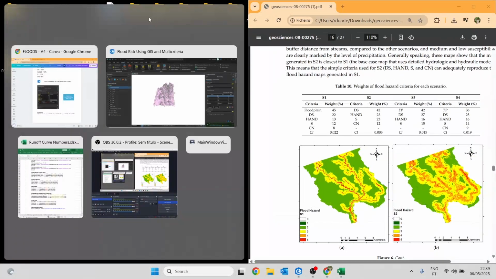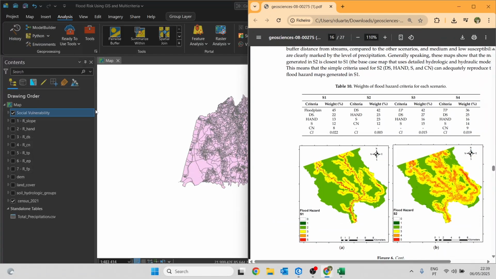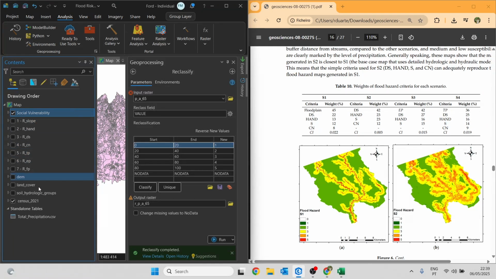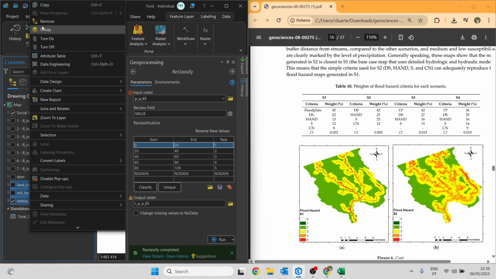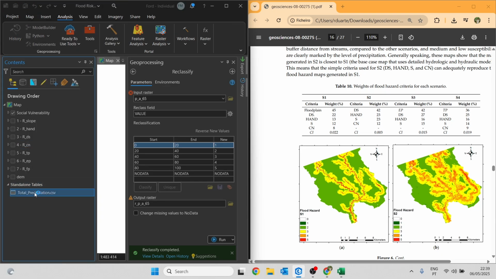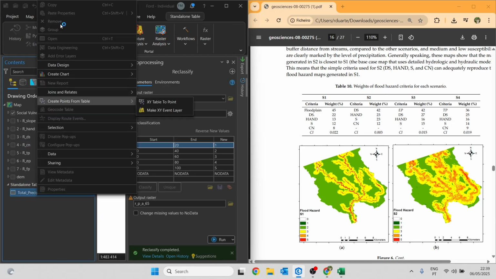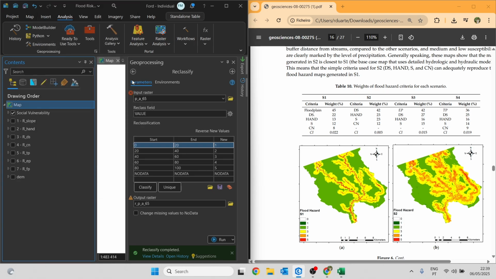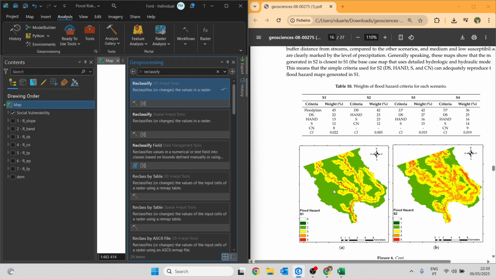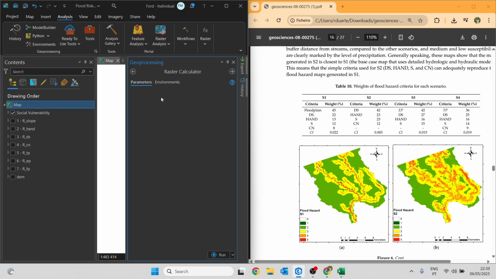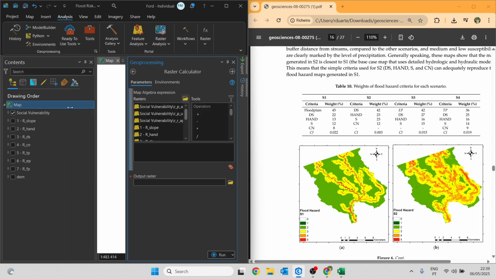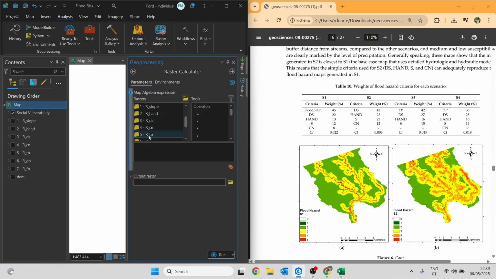I'm going to place ArcGIS Pro and the article side by side so we can more easily follow along with what's being done. I'll also remove some layers that I believe are no longer needed, just to keep the project clean and make the workflow smoother as we focus on building this first scenario. To combine multiple elements, we're going to use the raster calculator tool. So let's search for raster calculator. And for the first scenario, we are going to use the floodplain, the DS, the hand, the slope, and the